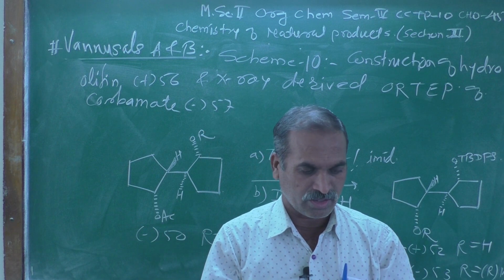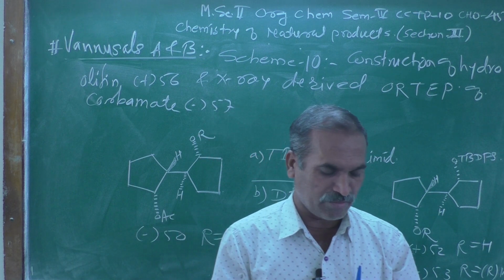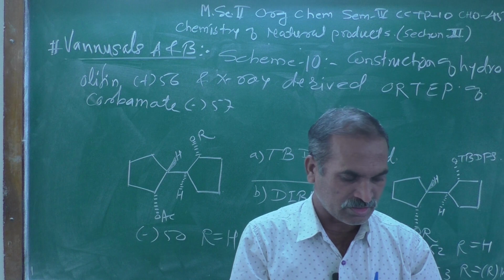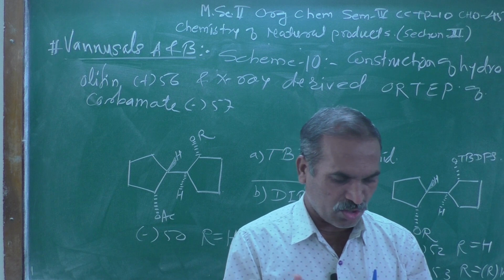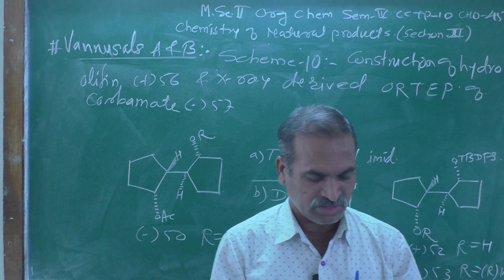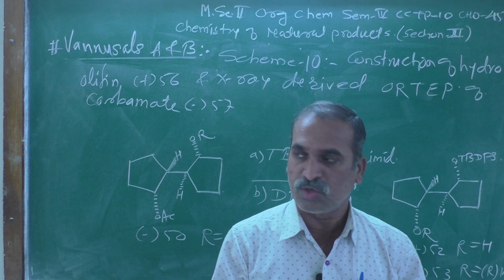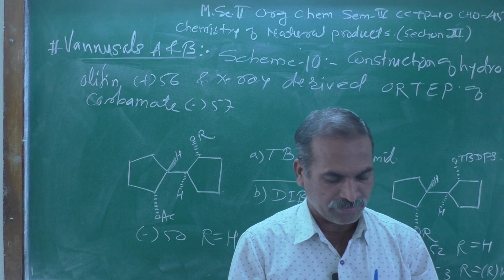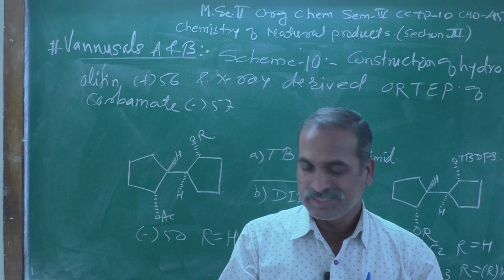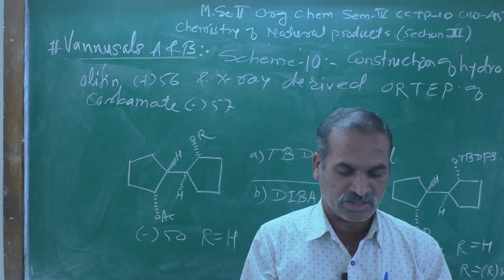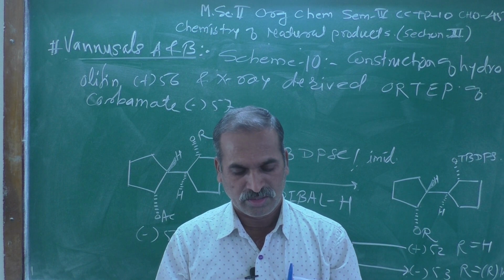Yesterday I think we were discussing scheme number 9, and the heading of that scheme is like this: construction of enantiomer hydroxyacetate minus 15, starting from the structure number 47, which is a diol treated with POCl3 followed by CYBH2, gives one intermediate and further treated with H2O2 in presence of aqueous sodium hydroxide.